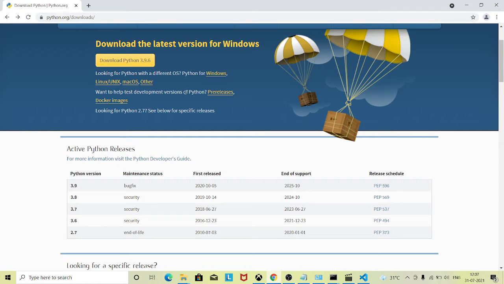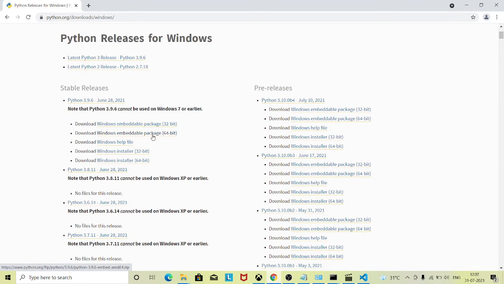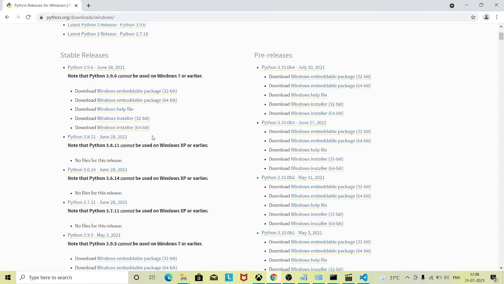So firstly we need to download the Python package and you can download it from python.org downloads, and you can choose according to your OS. So mine is Windows. So I will just go to the Windows section and here I'm getting two options. One is the Windows embedded package and another one is the Windows installer. So you can download either. I'm just downloading the installer and